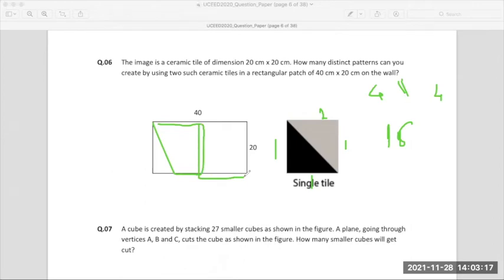When I place another tile here, the same tile can be rotated in 4 different ways, giving different kinds of patterns. I can do a mirror, I can do anything. So I can do a mirror diagonal also, like this. I can do a parallel diagonal also if I want to. So 4 kinds of rotation possibilities are possible here. Combination of this is 16. Any doubts? Anything anybody wants to comment on this?